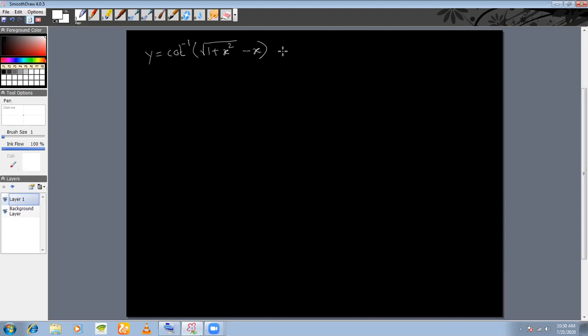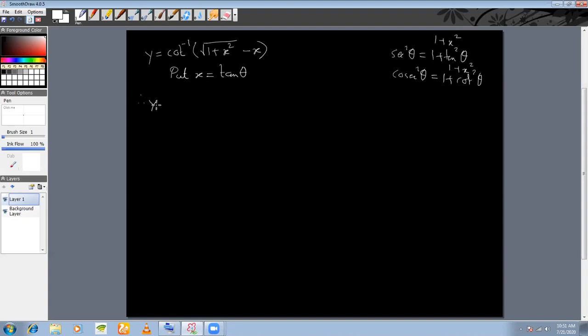Now, in order to do this problem, you see a root over of 1 plus x square, isn't it? Root over of 1 plus x square looks like what? sec square theta is equal to 1 plus tan square theta. So this is 1 plus x square type, right? Or cosec square theta is equal to 1 plus cot square theta. So you can substitute either x is equal to cot theta or x is equal to tan theta. Better we substitute x is equal to tan theta. So put x is equal to tan theta.